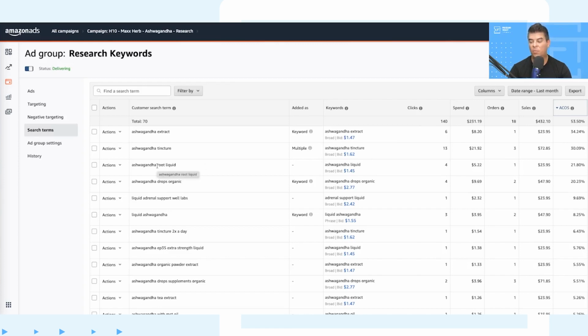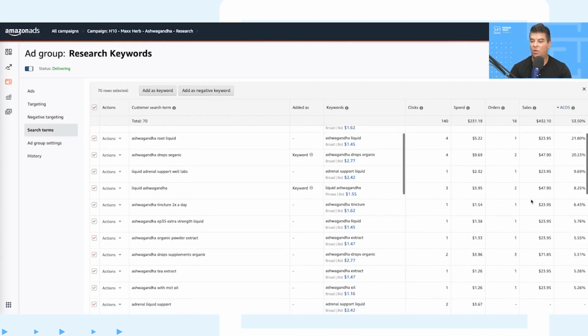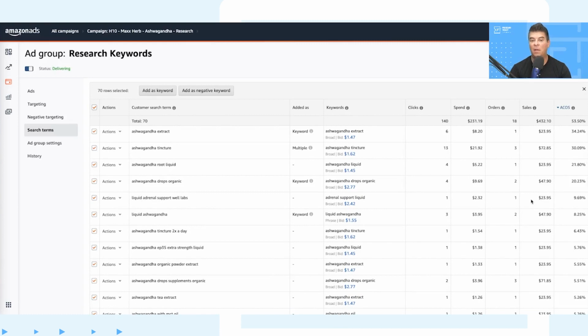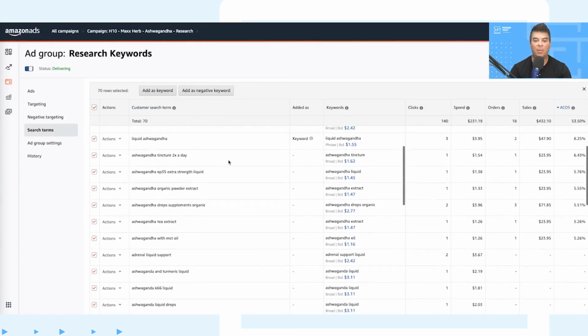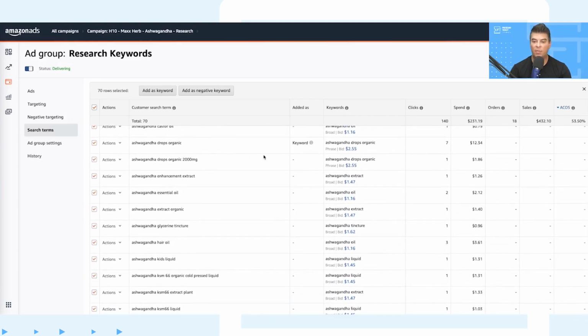Okay, so if this one wasn't performing well, I could then go here and say add as negative exact or add as negative phrase. So instead of me having to copy and paste this like I just did in the auto campaign, going over to the negative targeting and then adding it, I can go through here and click on all of these if I want, and make sure that I'm either adding as a keyword, because again, these are search terms, so you can add these as a keyword to the same campaign. So I'm trying to find one that doesn't match. It looks like every single, let's see,